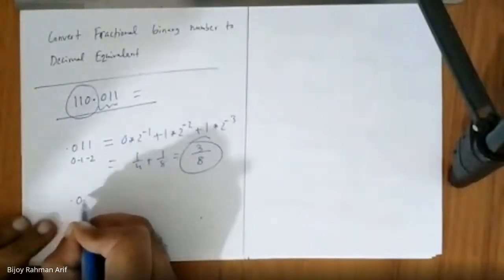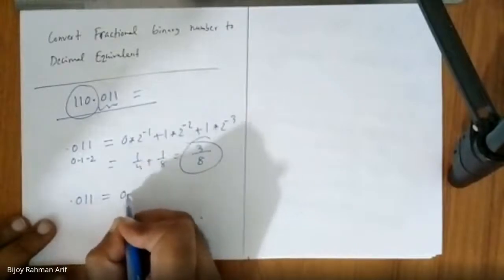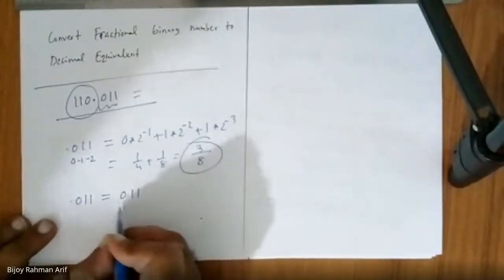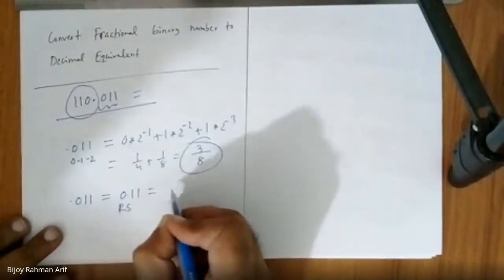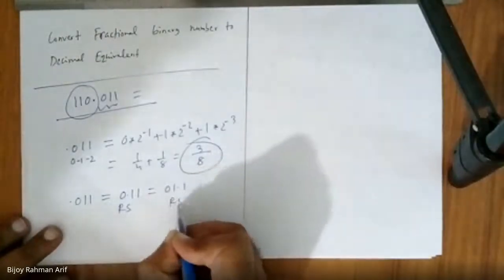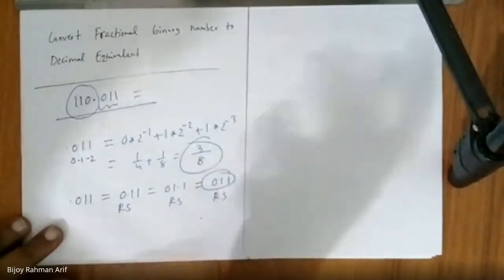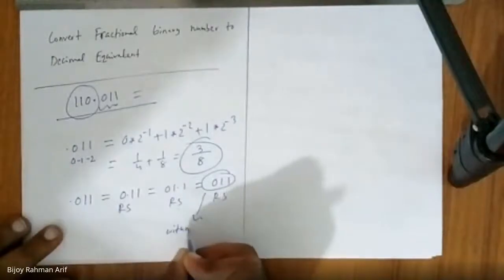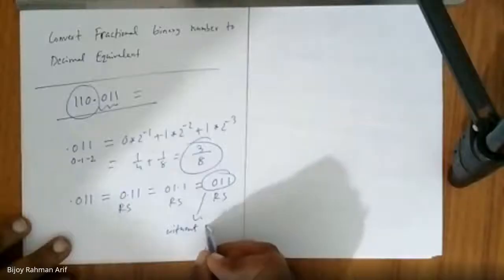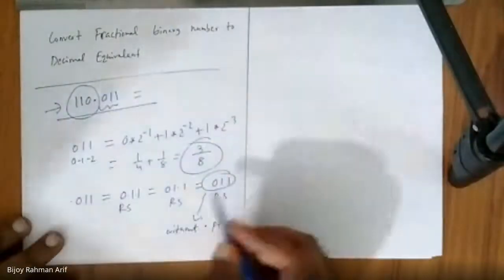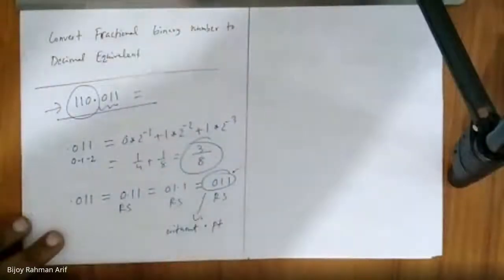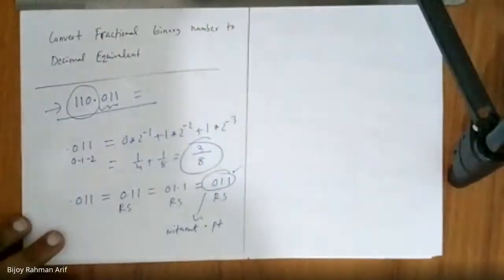Right shift, good, very good. Right shift, so if I right shift 0.011 once, I get 0.11. If I right shift once more, I get 1.1. Then finally if I right shift once more, I get a number without any fraction, without a decimal point. Yes sir, right? Then it becomes the same as before. Then I can convert this one with the same algorithm and find the value. But is that enough?